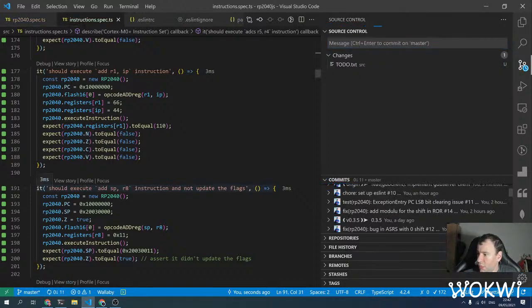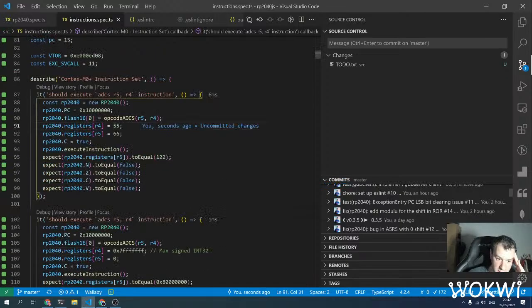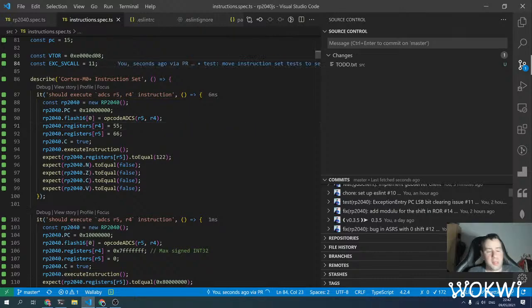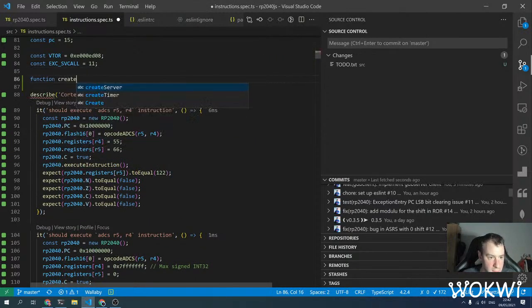Right, so we did that sort of refactoring, just preparing for rewriting the tests. And now we can start creating this kind of abstraction. So for starters, we'll just start with one instruction like this one. And instead of having this RP2040, we can probably create a method, a function, create, how